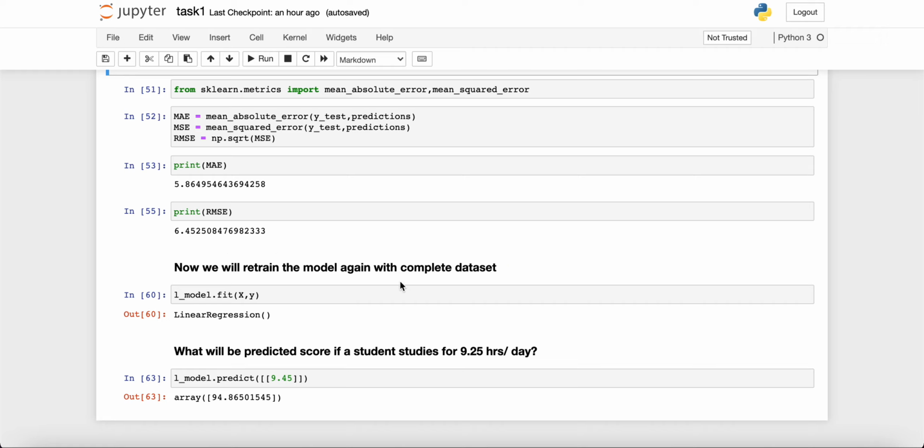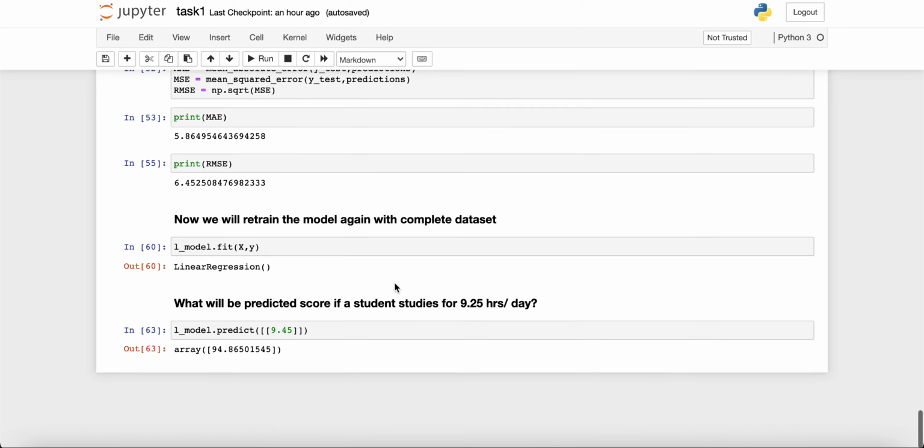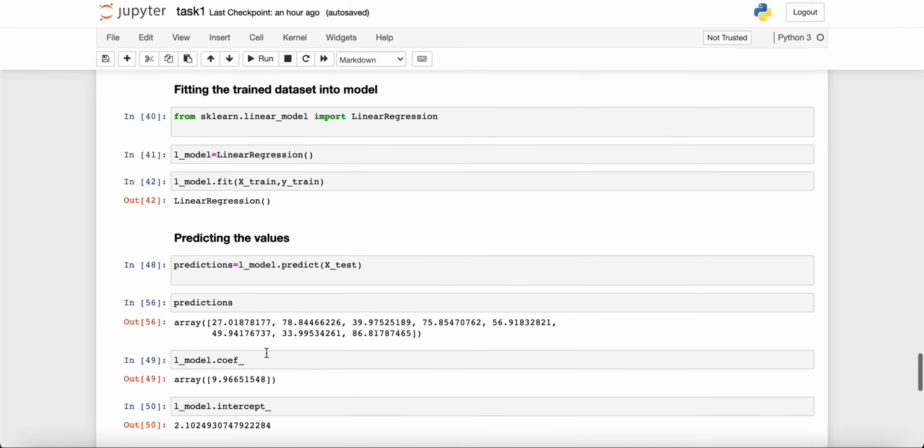Now I have to retrain my whole model with the complete data set. So I fit my complete data into the linear regression model instance, and again I found the answer for the question given to us, that is, if a student studies 9.25 hours, what will be the score? Here I got it as 94.86. Initially we got it as